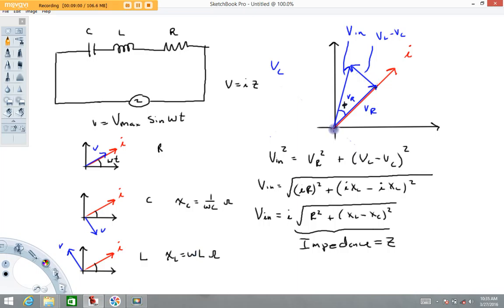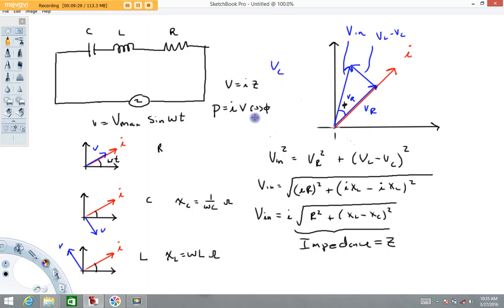All right, another important thing here. You notice that there's an angle between the current and the input voltage. That angle is very important for calculating power, and I think I'll mention why in another video. But for an AC circuit, power is current times voltage times the cosine of the angle between the current phasor and the voltage phasor. So that's this angle right here. And again, I'll talk probably a little later about why this is.